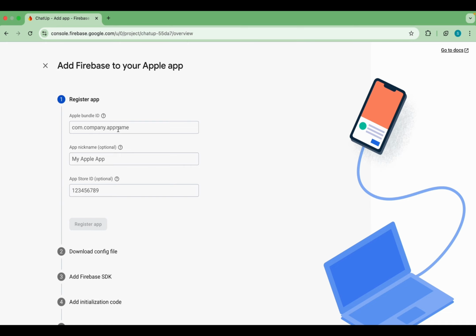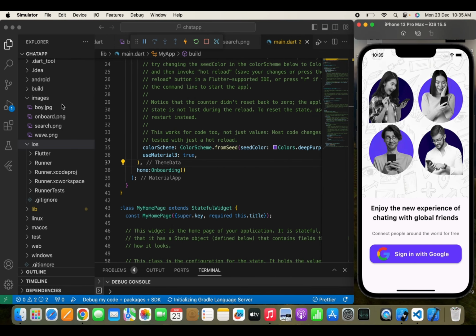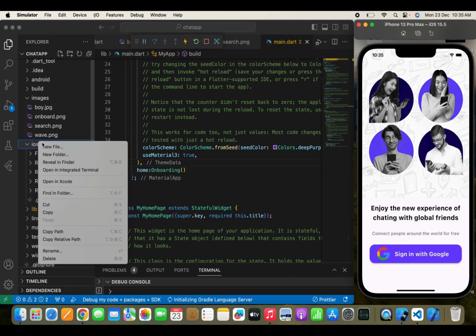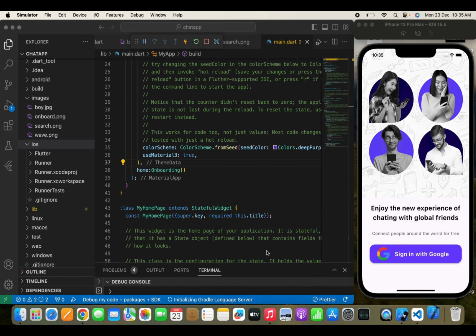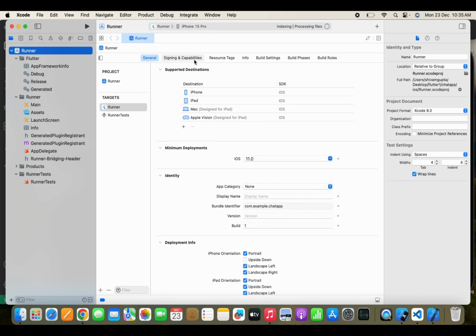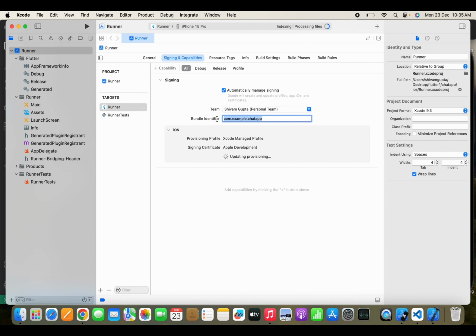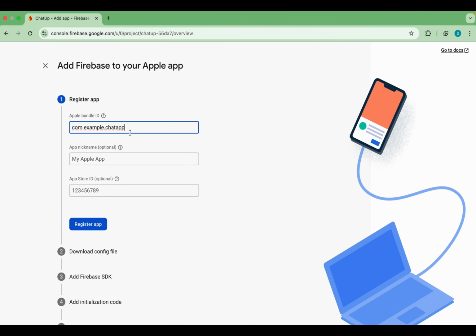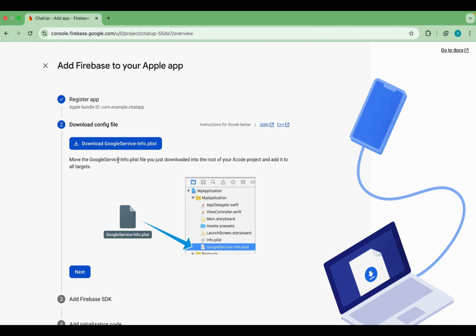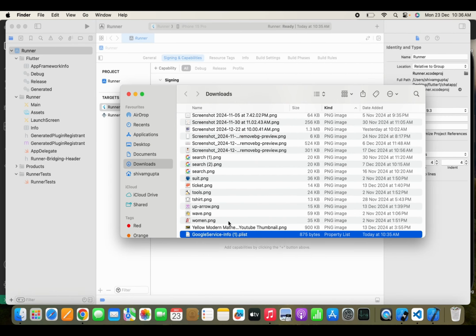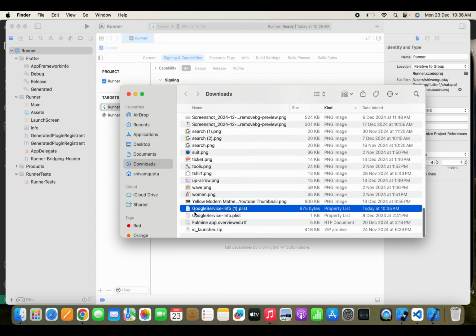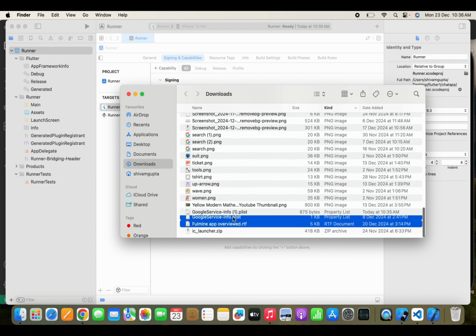So first let's move to iOS, and here you can see that we need an Apple bundle ID. So we need to go to the iOS folder and open Xcode from here, and move to the Runner, and in the Signing and Capabilities we need to copy this bundle identifier from here and paste it over here. Now click on register app and download this GoogleService-Info.plist file from here, and we'll paste it